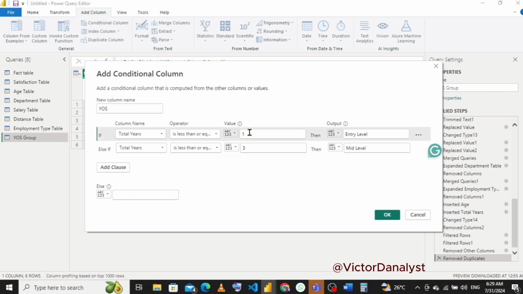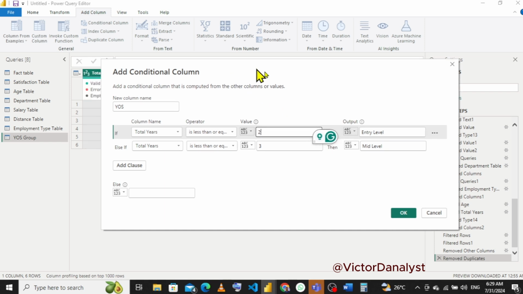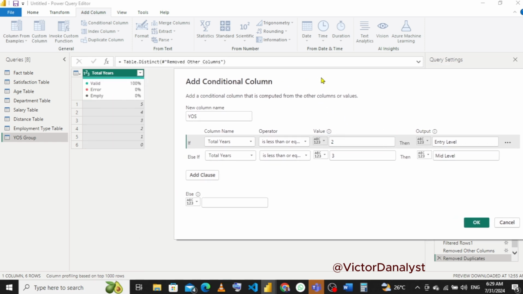Let me make this to be 2. Let's drop this one side. Let me see, 1, 2. Now, what I'm having here depends on the business truth, like what the business takes to be entry level or senior level. So I'll make this 1 for the entry level, and next 3. Then the rest will be senior